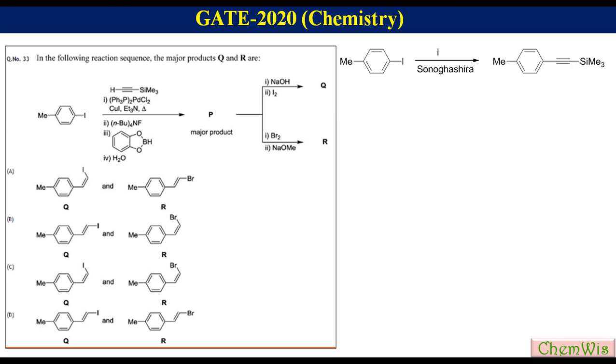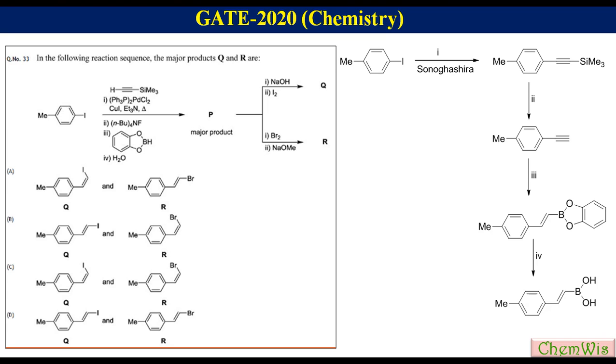In the presence of tetrabutylammonium fluoride, the silyl group gets deprotected to produce the corresponding alkyne. This alkyne, after reaction with catechol borane, produces styryl catechol boronate ester, which after hydrolysis produces the corresponding boronic acid,